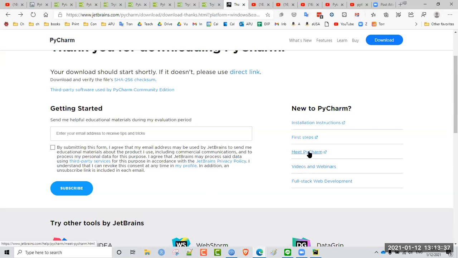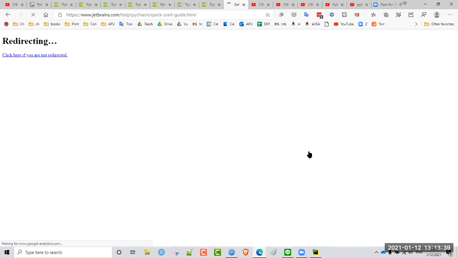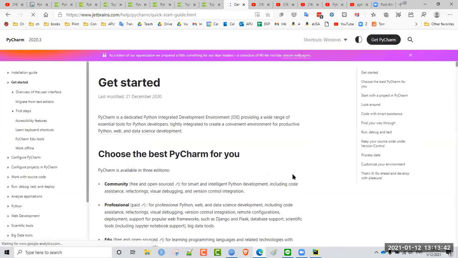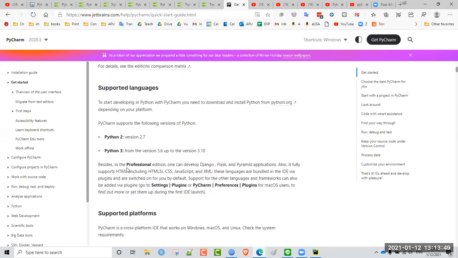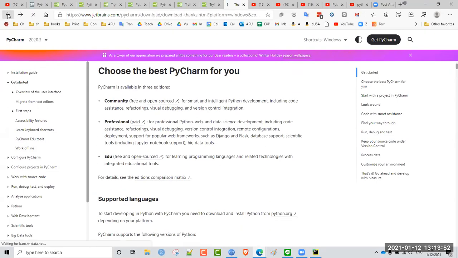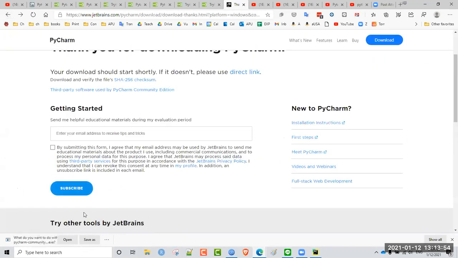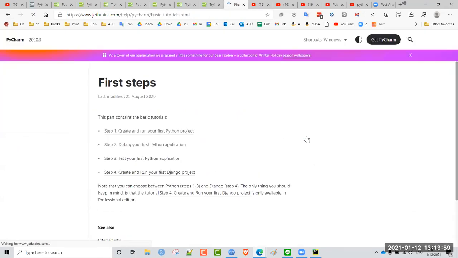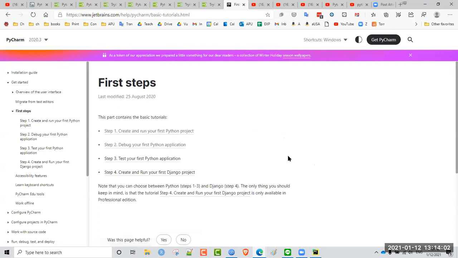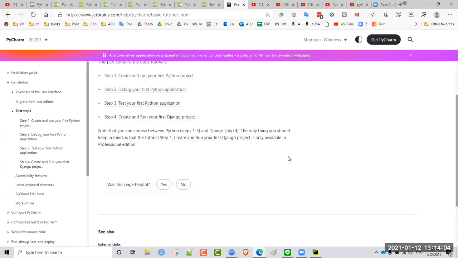And maybe this might be useful. Meet Pycharm. So get started with Pycharm. Config. Maybe this is too much though, actually. We don't need that. So I think that if you were going to look at this, you might want to do first steps and take a look at that. Okay, and that will give you some hints about how to use this Pycharm editor. Okay, any questions about that? Okay,